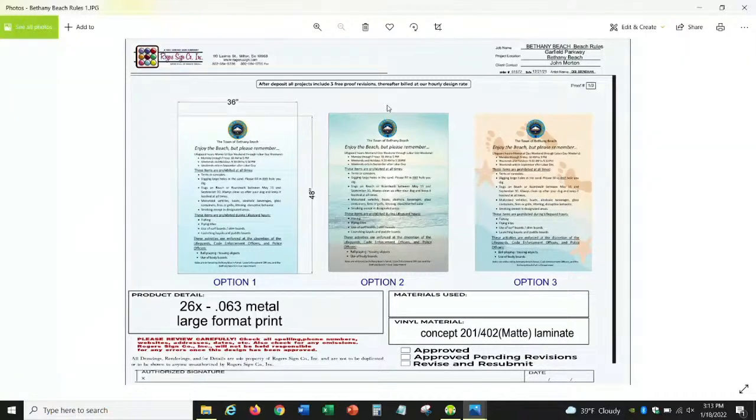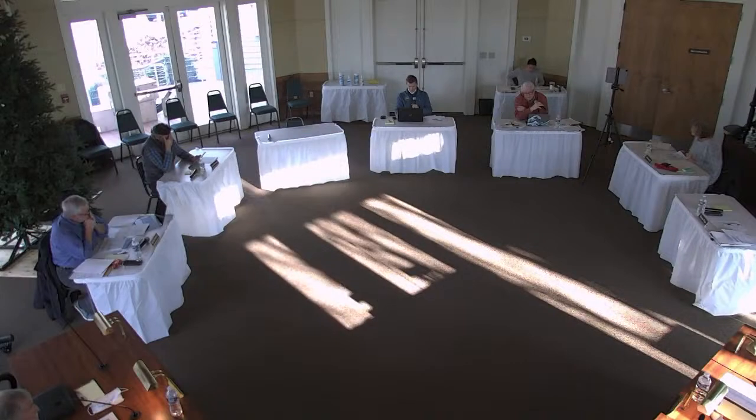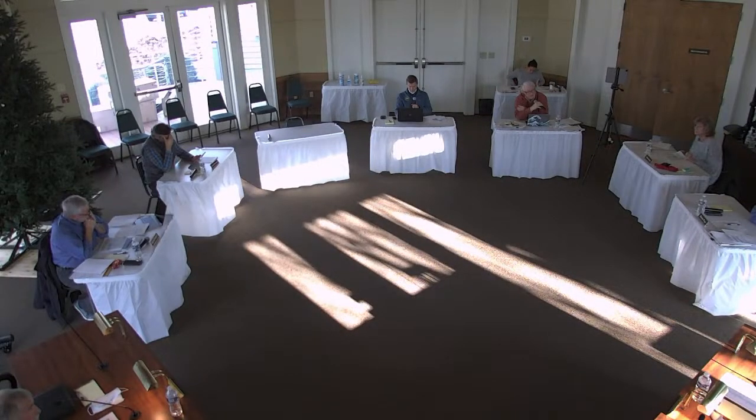A facelift of the added standards, regulations. These are drafts. As soon as we got them in time for the meeting, we put them out. These were developed in collaboration with Joe, Brett, and John's input from his beach wardens. There was a lot of input as to what people thought should go on the sign without having to go to 2 or 3 boards. So there was a lot of condensation.